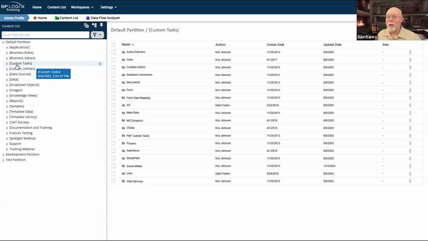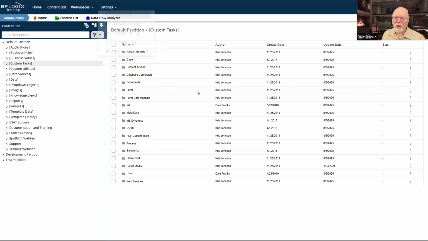So they were using a very, very old version of the custom task. And it worked right up until they switched to .3xx, whichever version of .300 they were on. And then they noticed, well, this custom task doesn't work. Well, it doesn't work, but you also hadn't upgraded the custom task for 9 years. So that's a long time to be running with the same custom tasks. So that's one of the first things that you're going to do whenever you install Process Director.